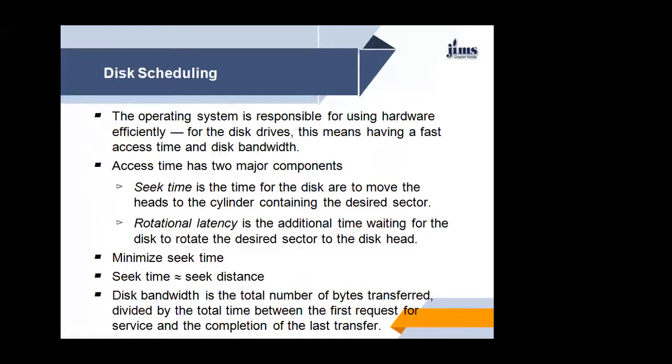The size of a logical block is usually 512 bytes, although some disks can be low-level formatted to choose a different logical block size, such as 1024 bytes. The one-dimensional array of logical blocks is mapped onto the sectors of the disk sequentially. As I have told you earlier, sector 0 is the first sector of the first track. Okay. So in disk scheduling, as I have told you, there are three things.